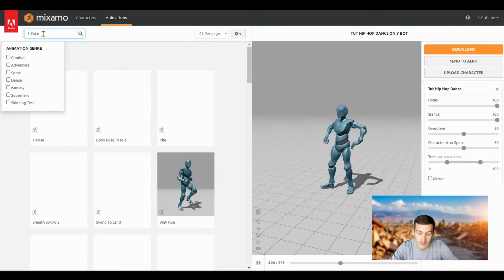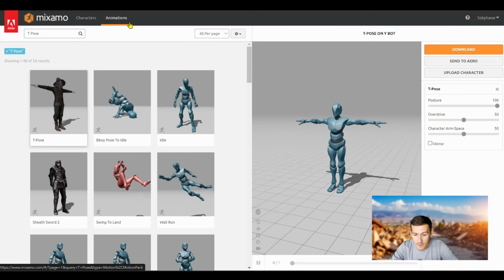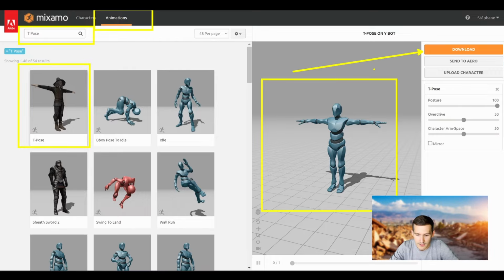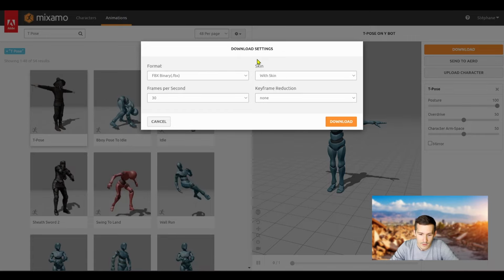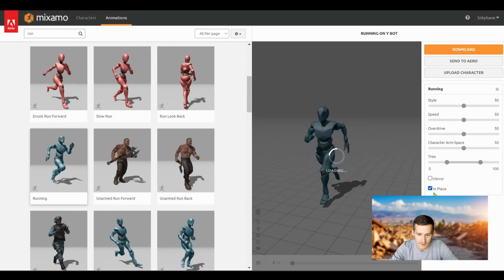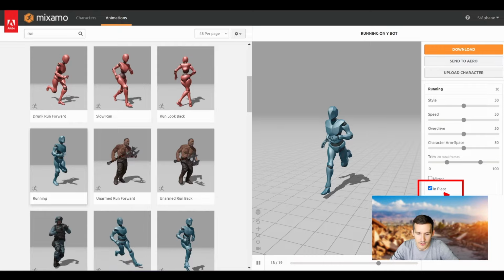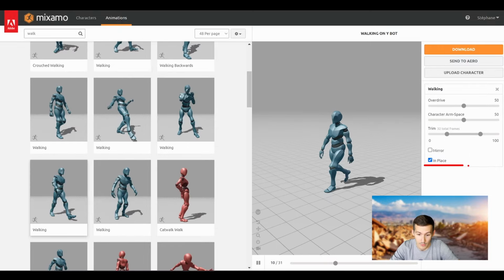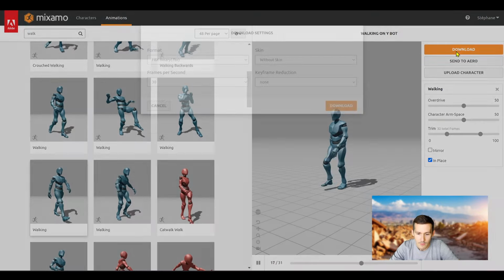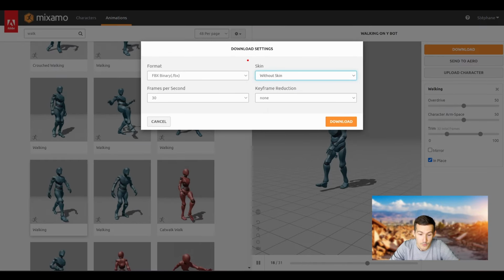Although Unreal will create the necessary assets for import, you might encounter issues during the retargeting process. So, the best practice with Mixamo here is first to download your character in a T-pose, then download the desired animations. For now, let's stick to a run and a walk animation. Make sure to check in place to facilitate adjustment and animation transitions afterward. To avoid having to uncheck the import mesh attribute during asset imports, here we can directly choose without skin to only download the animation database on the bot's rig.